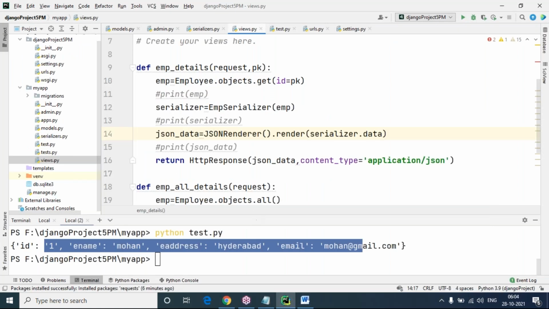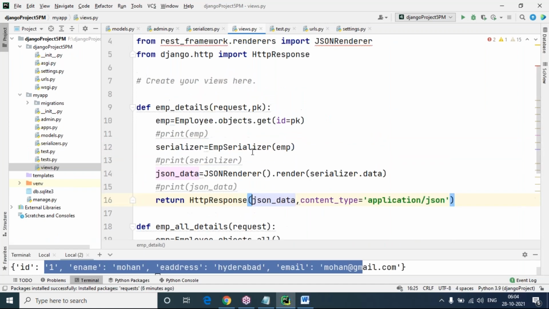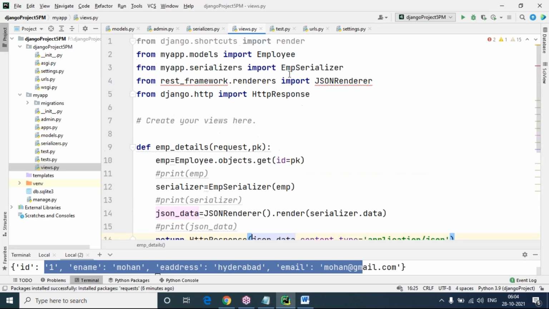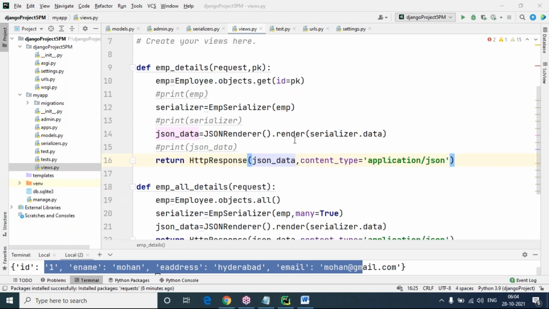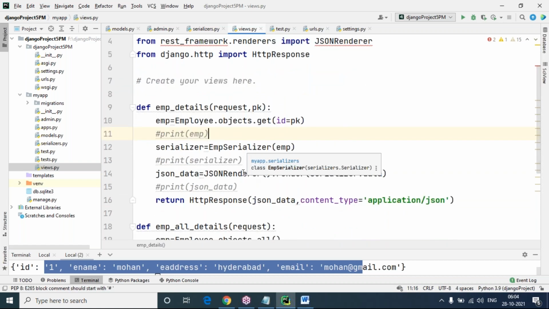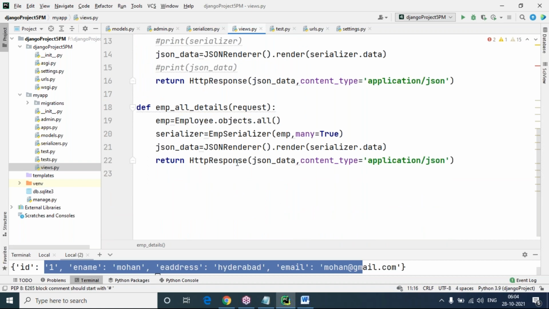Okay. So in this process also, we can use it clearly here. Now observe here. I'm not using JSON render data, but I'm giving HttpResponse only. This is the request: from rest_framework.renderers import JSONRenderer. But why is it showing an underline mark? Because we are not sending this JSON response through HttpResponse. In the other application we are sending it. So we can use these two ways.